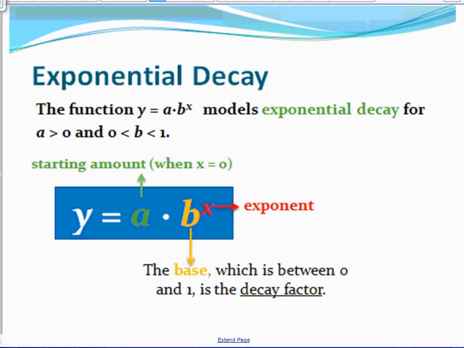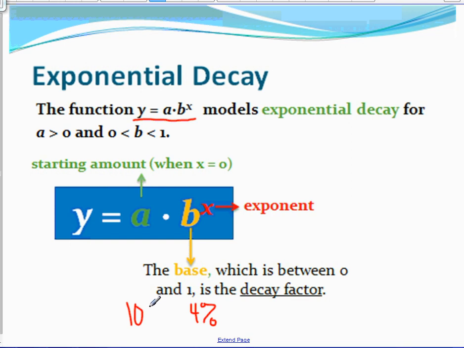All right, so going over our formulas for exponential decay and breaking them down, we are still using this function y equals a times b to the x. And we're going to talk about a is our starting amount, b is our base, which is between 0 and 1, and that's the decay factor. So for example, if it was decreasing by 4%, my base would be